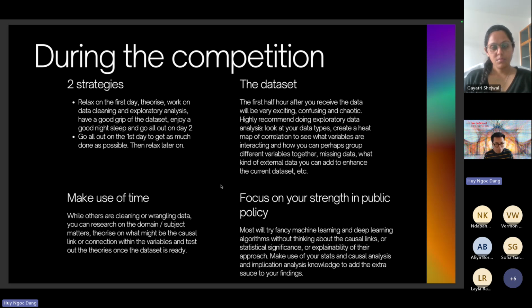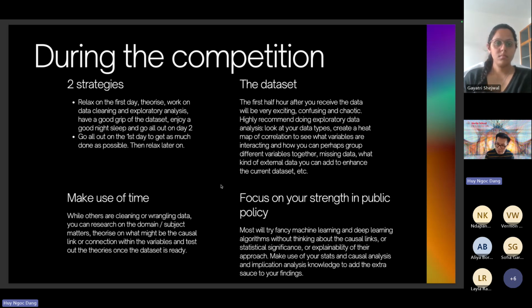And also make use of your time, right? As I mentioned before, the team can be divided into different groups. Some people might already have a very good idea and be very good at coding, so they're perhaps focusing on cleaning and wrangling the data. Then you can spend that time doing some research on the domain, right? For example, the presenters or the people who do the research can look into the domain further and see what some of the interesting things happening in this domain are.